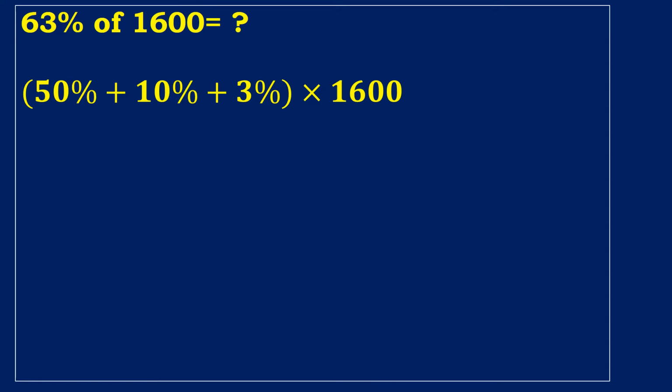We can now calculate each of these percentages separately, and then add them all up to get the appropriate answer. 50% of 1,600 equals 800. 10% of 1,600 equals 160. 3% of 1,600 is 48. When we merge these three numbers together, we get the required answer, which is 800 plus 160 plus 48 is